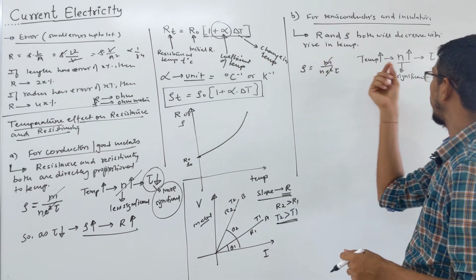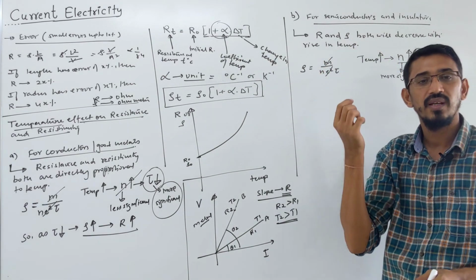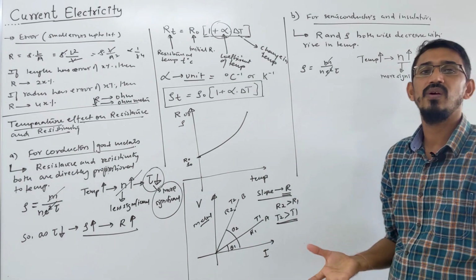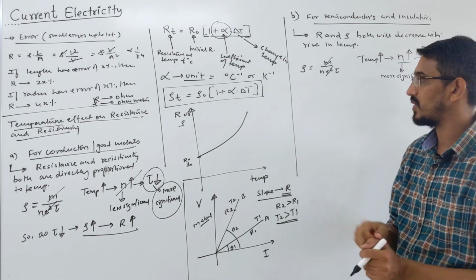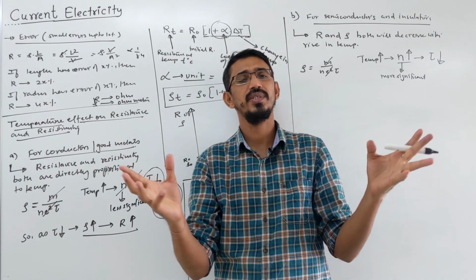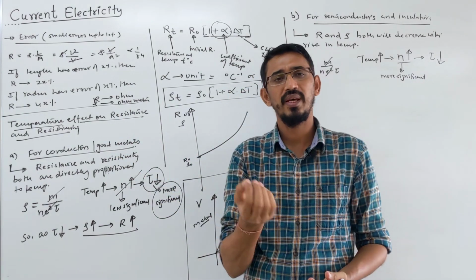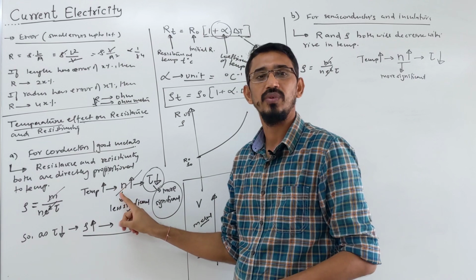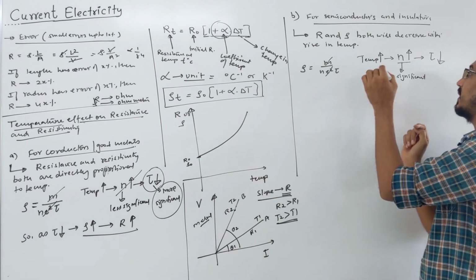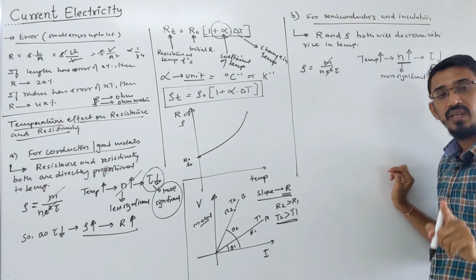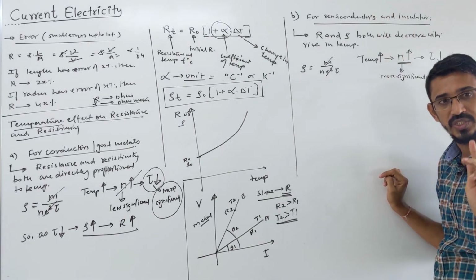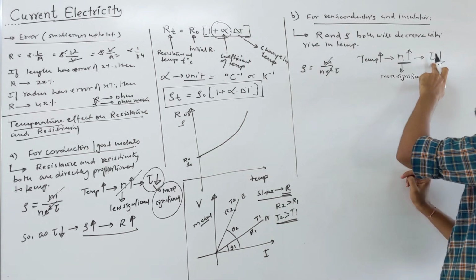So what happens when you supply heat to a semiconductor? Initially it has very few free electrons, right? When you supply heat, a large number of free electrons or holes are generated. And in a metal we said that this effect is not powerful because all the electrons are already free. When you heat, only a few extra are generated, so this effect is not powerful. The tau effect was powerful there because they were colliding frequently. Here the number effect is powerful because initially there are very few free electrons and holes, and when we heat them, a large number are generated.